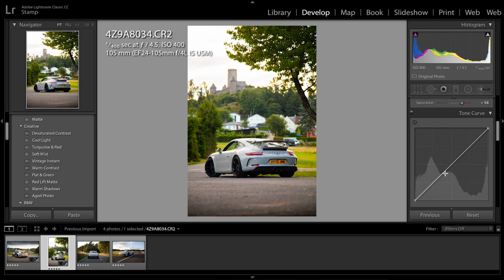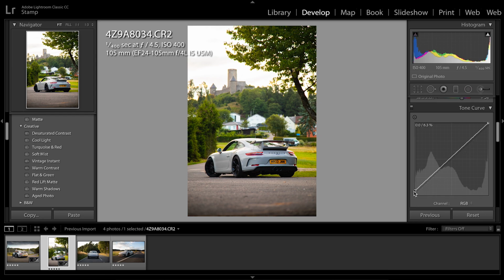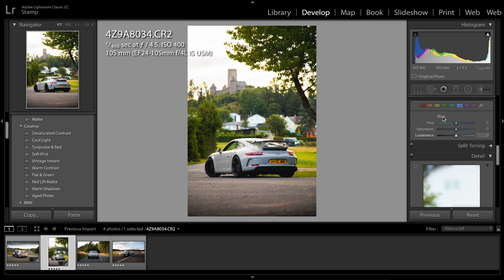So let's go to our tone curve again, same thing as you'll see. I kind of go to the same routine when editing all the pictures. It's just my go-to, it's what I like to do. Something like that looks pretty cool. And then the greens, I think are looking too green, so let's bring that down this way. Let's maybe drop the saturation a little bit. And then we can play with the luminance as well. There we go, that looks